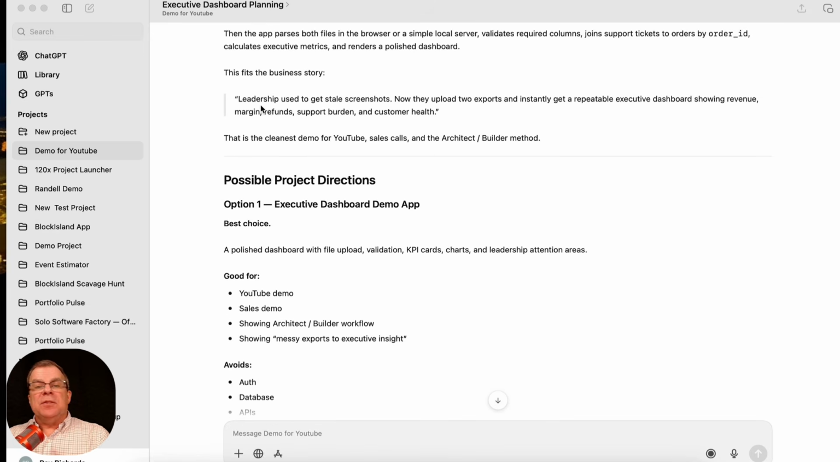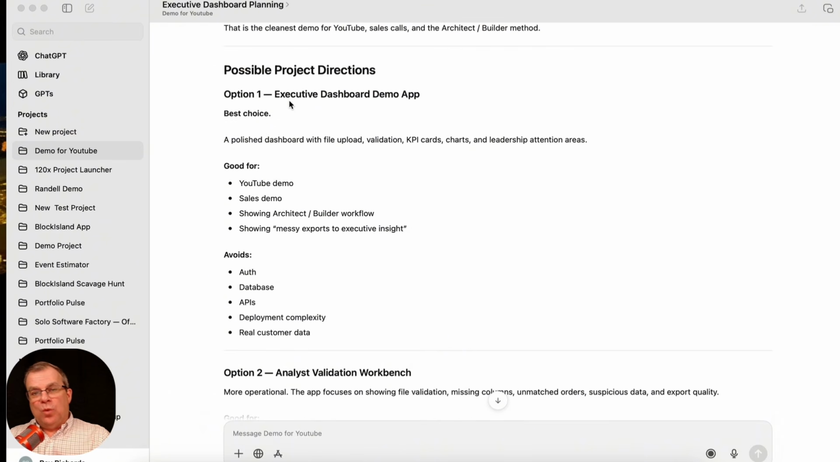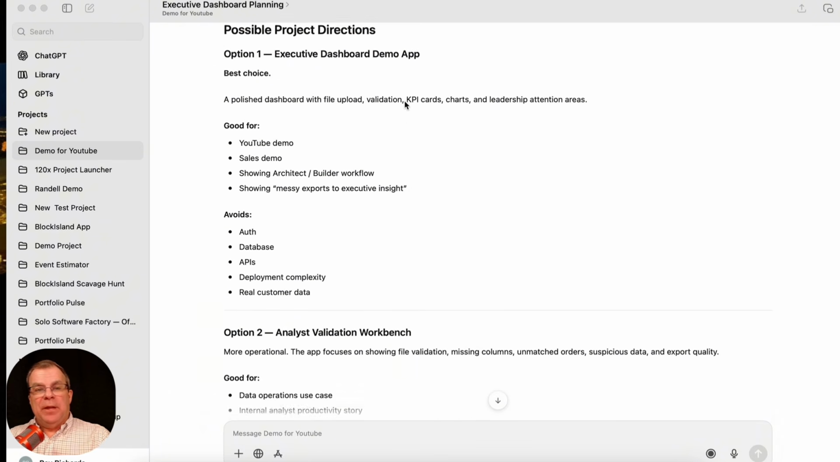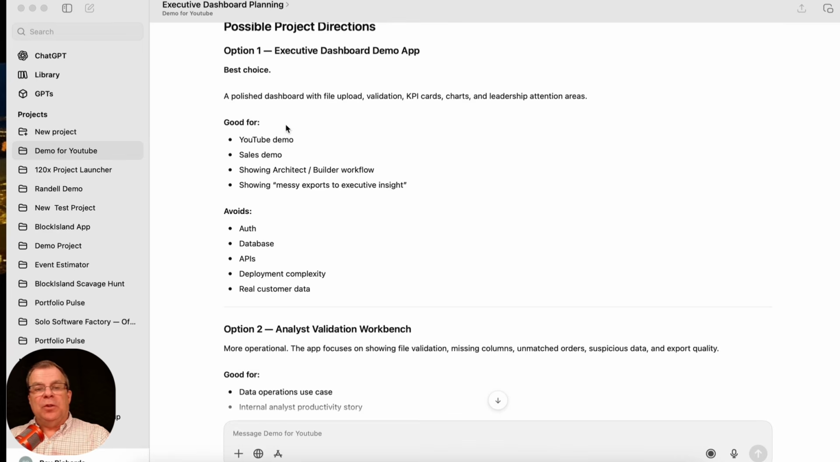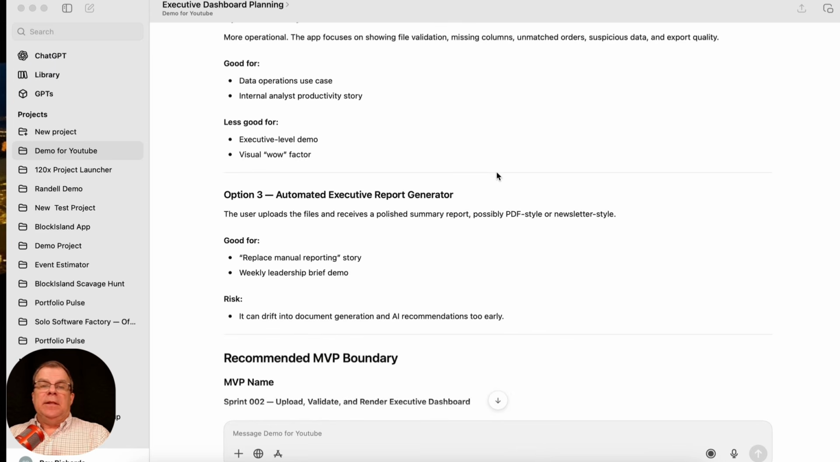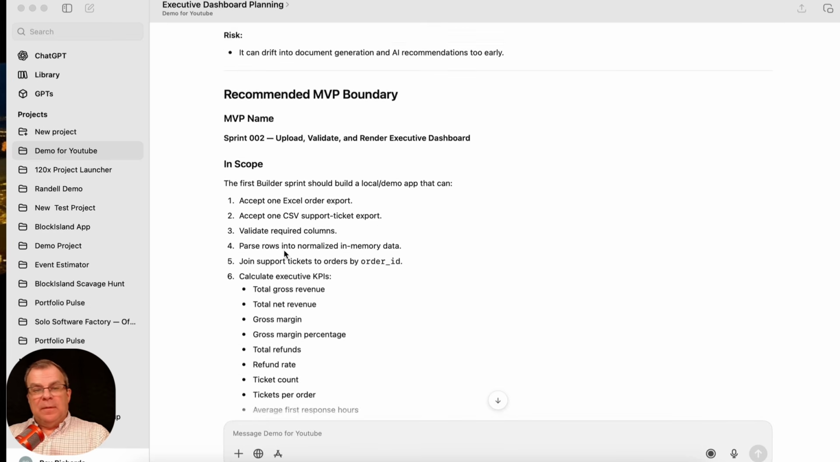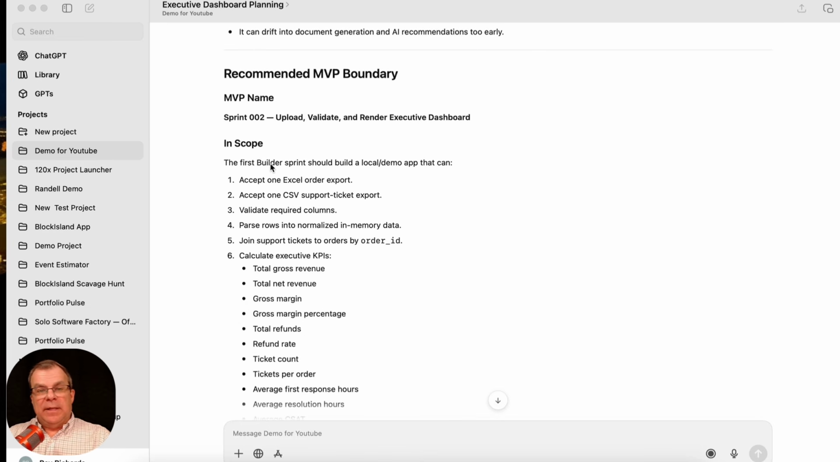This fits the business story. And then look at this, possible project directions. Option 1, executive dashboard demo app, best choice, a polished dashboard, and so on, good for a YouTube demo. Option 2, an analyst validation workbench, more operational. And then option 3, automated executive report generator. Recommended minimal viable product boundary, sprint 2, upload validate, in scope, and